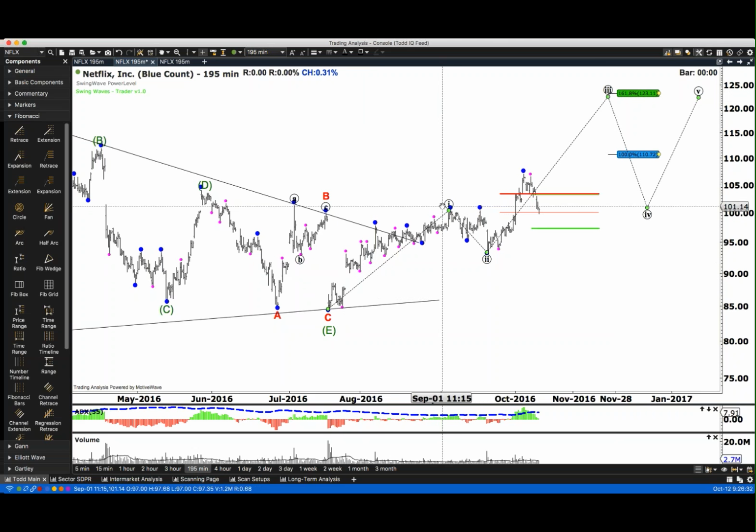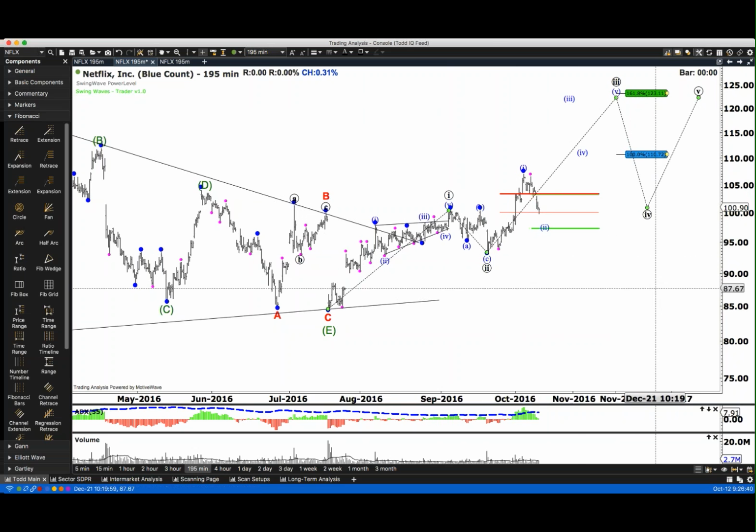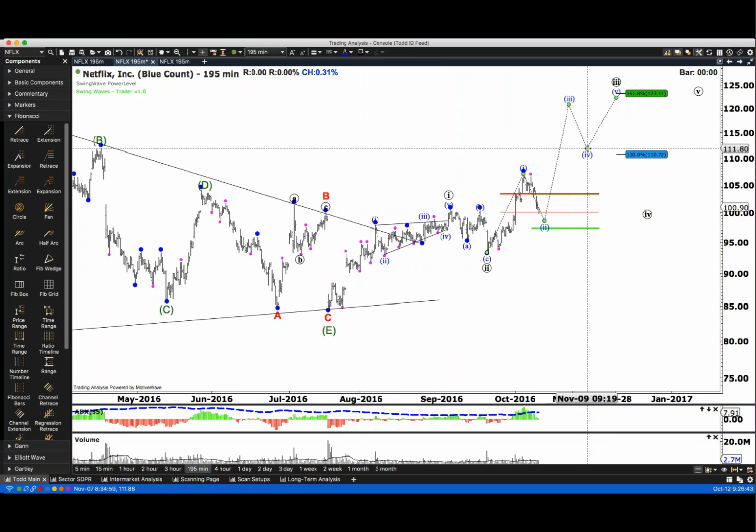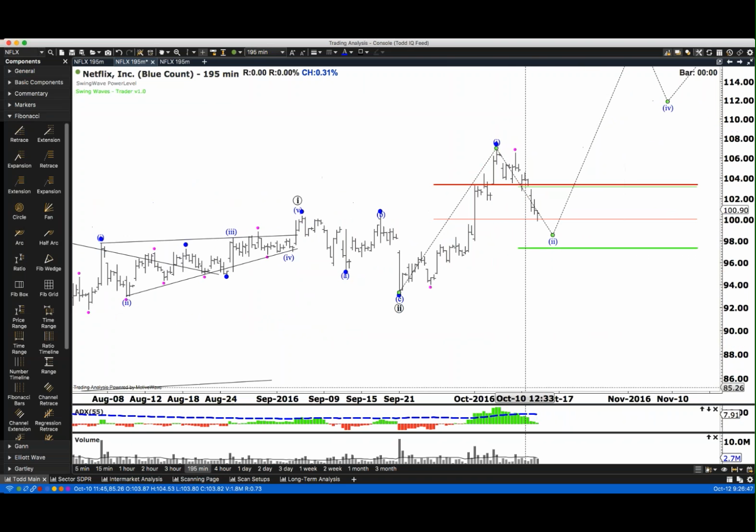What you do is a fib projection of wave 1 up from 2. 161 is your textbook stopping distance. So everything in here is going to be the subdivision of wave 3. Wave 3, just like wave 1 and 5, will be a 5-wave move just like that. It looks like we've moved up, and I'm actually interested in this one today.